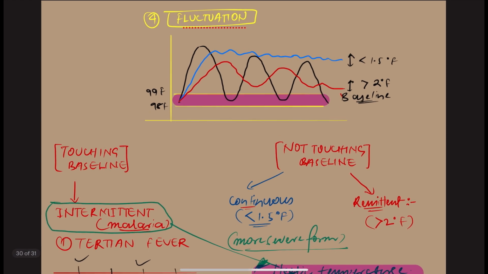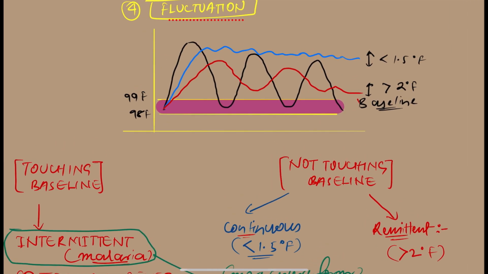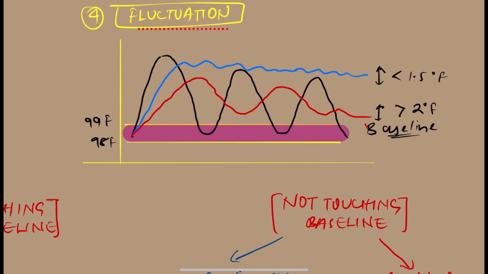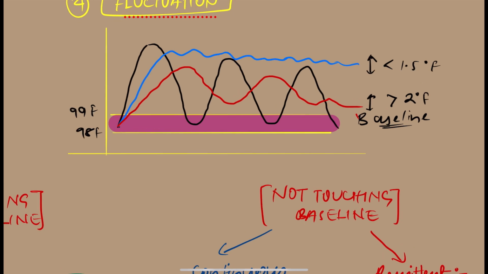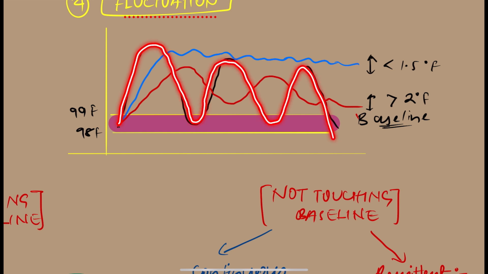So before coming to the theoretical question, we are going to discuss this graph. तो इस ग्राफ में क्या हुआ है, सपोज ये बेसलाइन है बॉडी टेम्परेचर का 98 डिग्री फ़ारेनहाइट से 99 डिग्री फ़ारेनहाइट। ये एक ब्लैक कलर में दिखाया गया, मतलब इस ग्राफ को दो कैटेगरी में डिवाइड किया गया। एक पोर्शन शो कर रहा है बेसलाइन को टच करके,